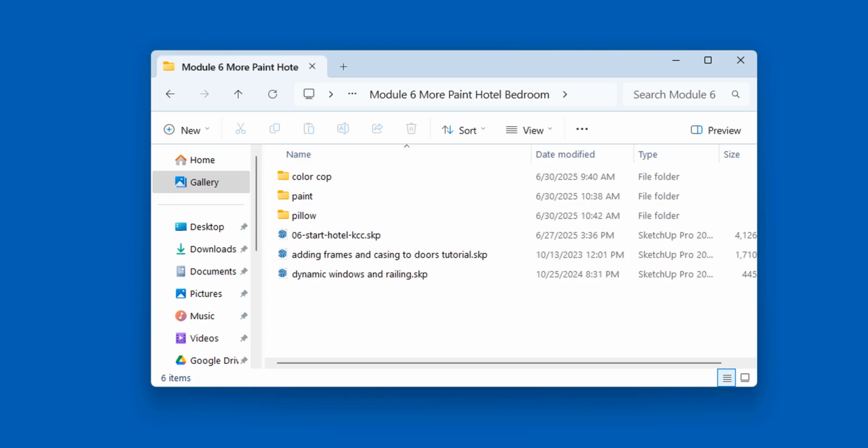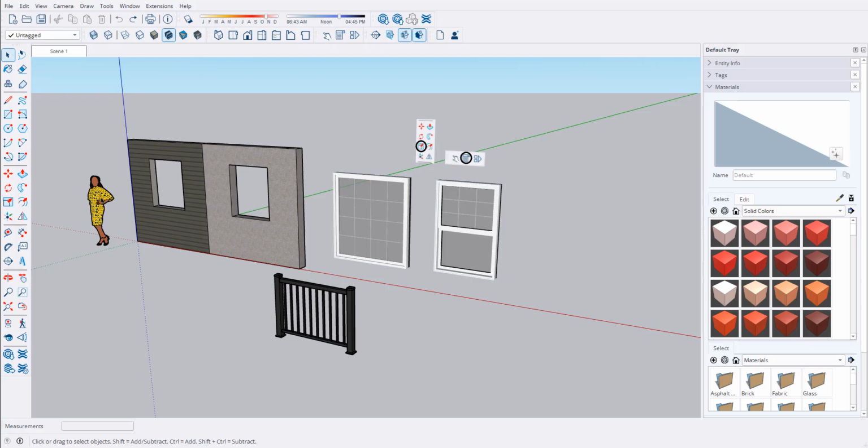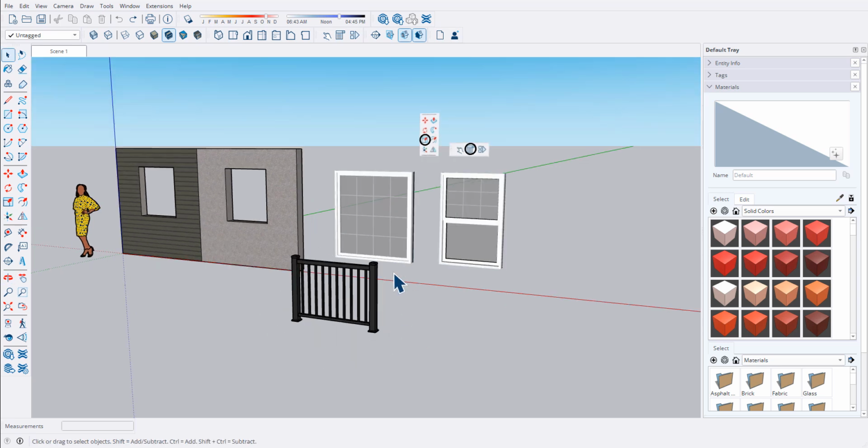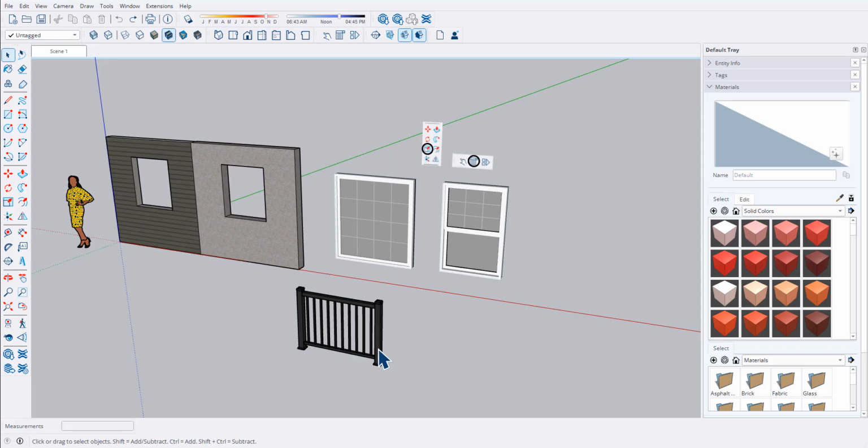One other thing I've given you is this dynamic windows and railing. And we've talked about dynamic windows in the last session. I just want to show you what you can do with that. Double click to open that up. When it opens up, it looks something like this. These are dynamic components. They're made up a certain way to modify themselves based on some parameters you give it. So for example, the railing here, if you want to put that in your model and have maybe